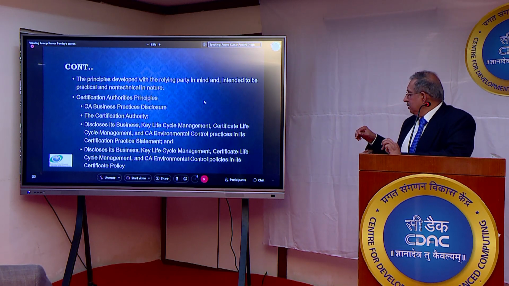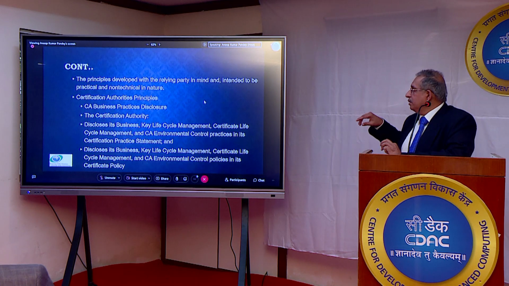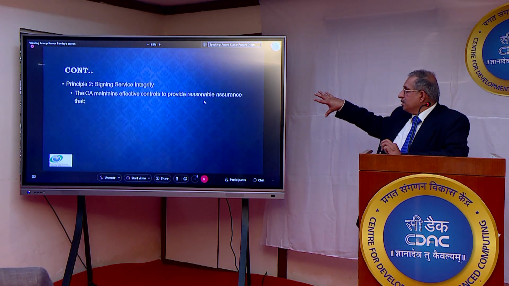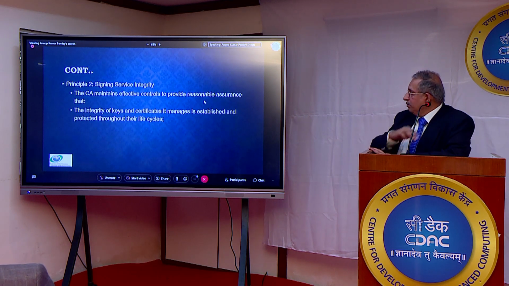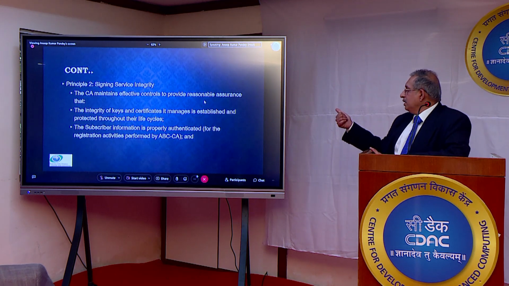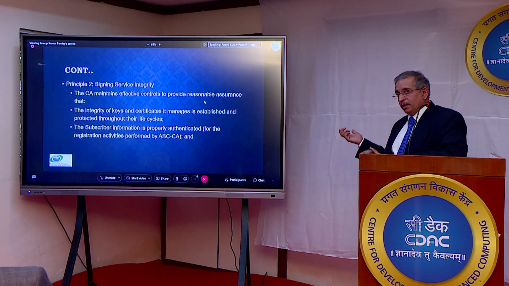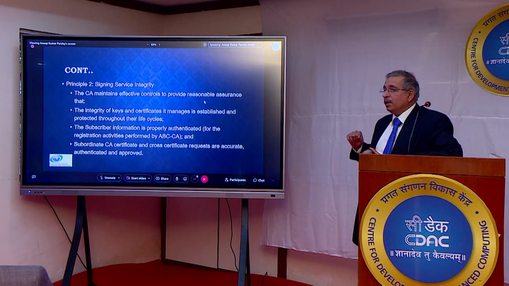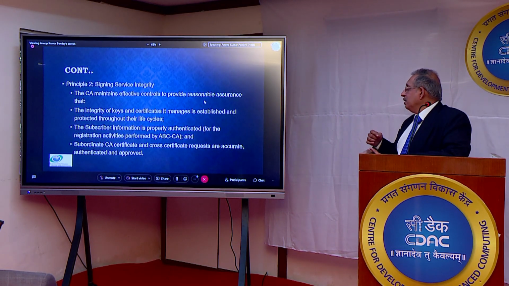Again, in their policy, the CP and the CPS, they're asking whether you have disclosed it. Next. This is the second principle, where they're talking about signing services. There are a few signing services which we need to look at. Integrity of the key, certificate management and subscriber information, how do you protect them? Next. Subordinate CA, if you are engaged, then how do you use the subordinate CA,